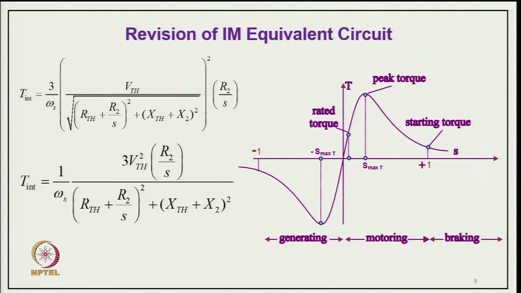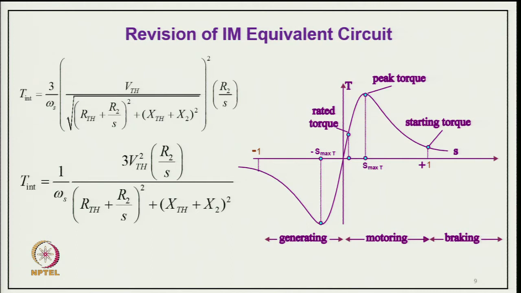So, now this internal torque can be defined as 3 by omega S for 3 phase, Vth divided by square root of Rth plus R2 by S whole square plus Xth plus X2 whole square, whole square of that, times R2 by S, and that finally gets simplified into T internal equals 1 upon omega S into 3 Vth square R2 by S divided by (Rth plus R2 by S) square plus (Xth plus X2) square. And this torque, if you plot the entire characteristic with respect to the slip,